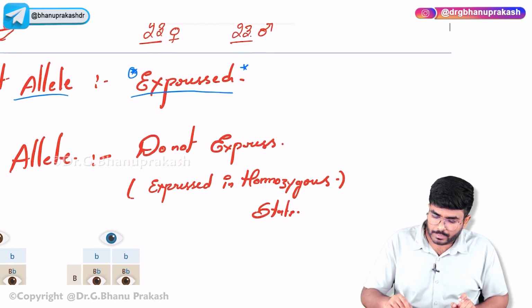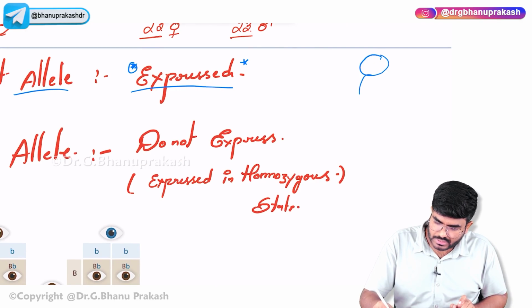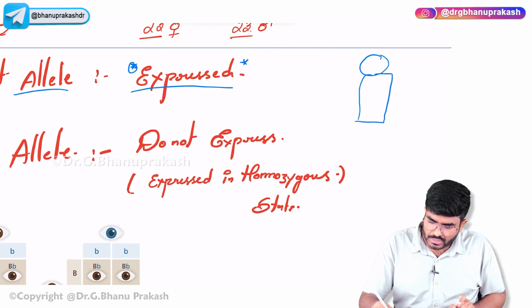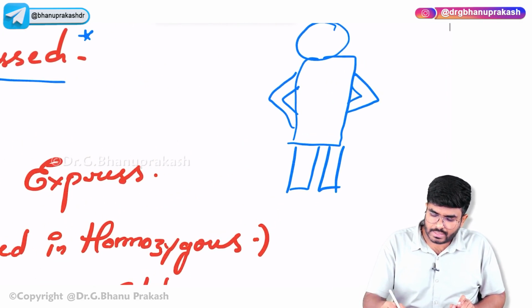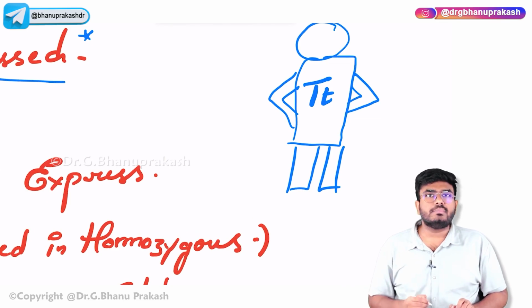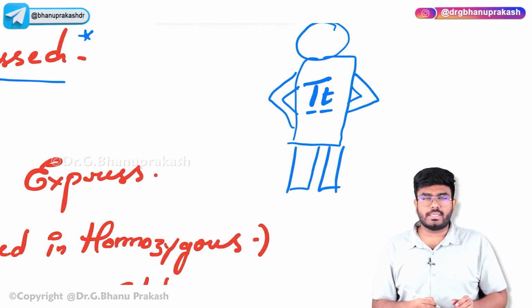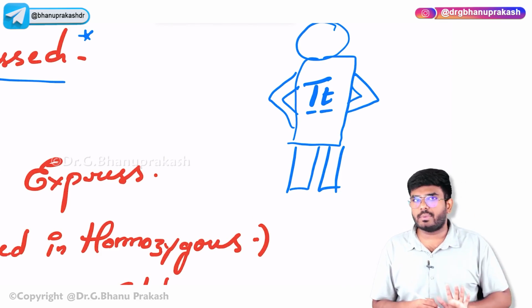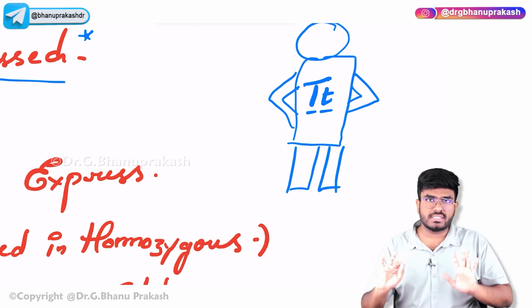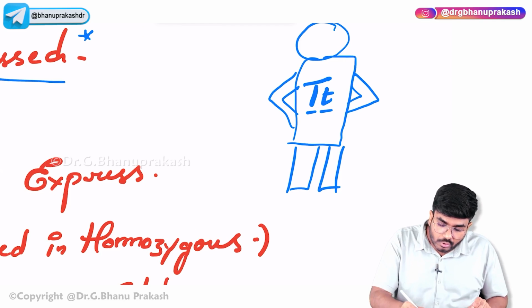For example, let me take a person. See, this is the person. Now let's see. So this person is having capital T and small t. For the height gene, he is having two alleles, capital T and small t. Mother is giving small t and father is giving capital T. Now he is definitely heterozygous. In this heterozygous state,